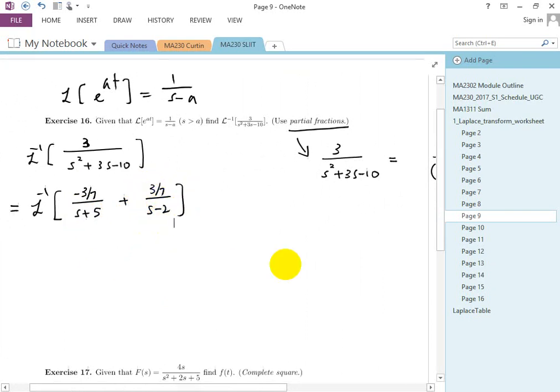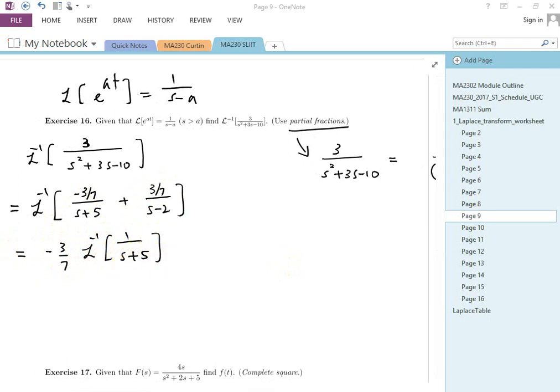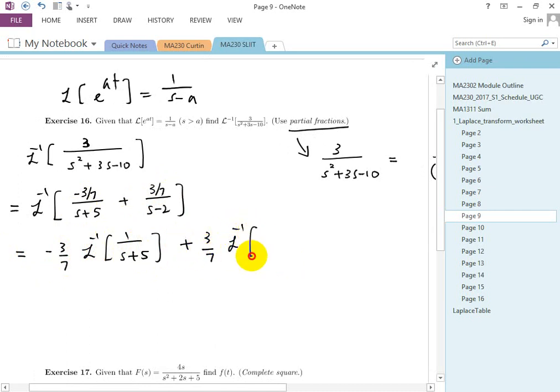So now what we do, we use linearity. So this constant you can take out, minus 3 over 7 inverse Laplace transform of 1 over s plus 5. Again 3 over 7 you can take out, so inverse Laplace transform of 1 over s minus 2. So if you check the table now, for the inverse Laplace transform for this function, you will find